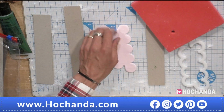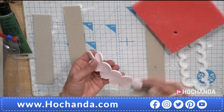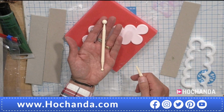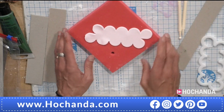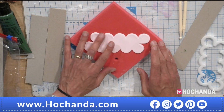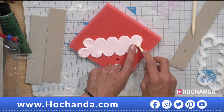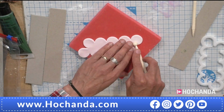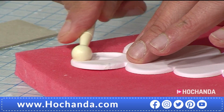Okay, so just using some of the tools that are going to come to you in this particular pack. So with this pack, you're going to get the foam mat here, and you're going to get 5 different tools. The 2 I'm going to be using are the large ball tool here and this one with a slight blade and the pointy end. So they're the ones I'm going to be using. When I actually use this mat, I always work sort of diagonally because that's going to give you the largest possible working area. So just place that on the mat, and then using your ball tool, you're wanting to roll out from the center of this circle right the way out to the edge. Okay, so when you need to do it, just roll all the way and beyond. Now I'm not dragging the tool, I'm actually rolling it. Okay, so just keep on going all the way,